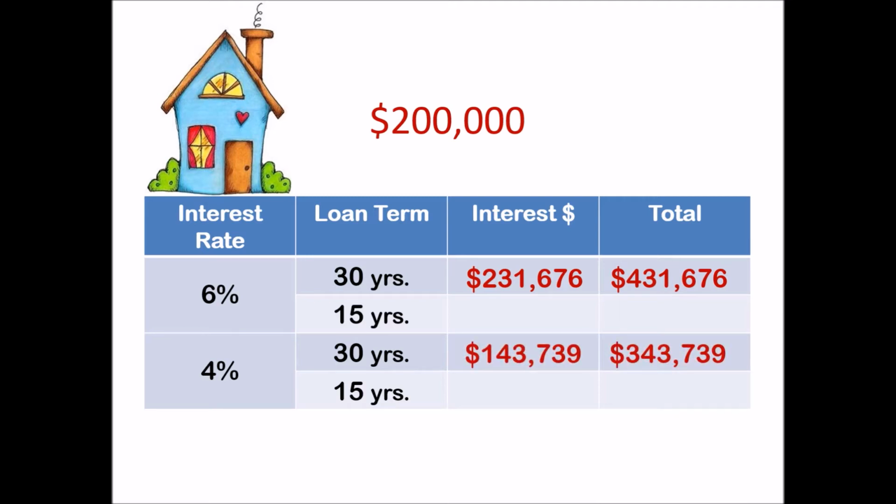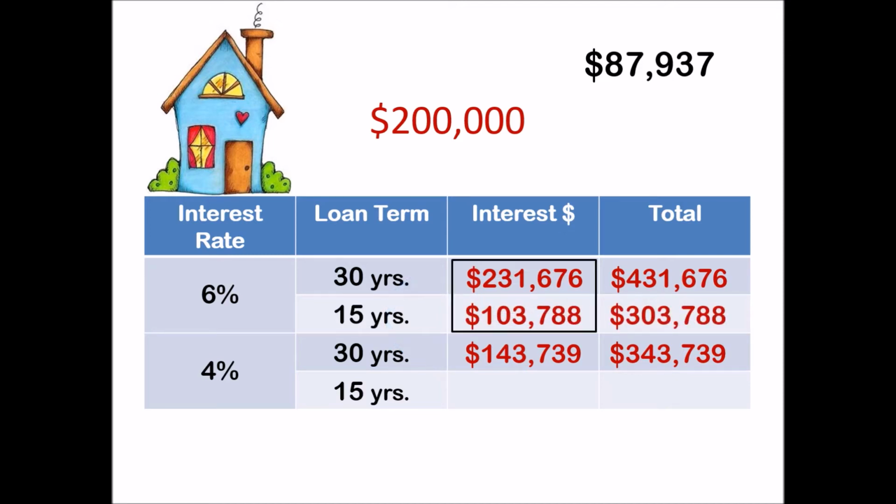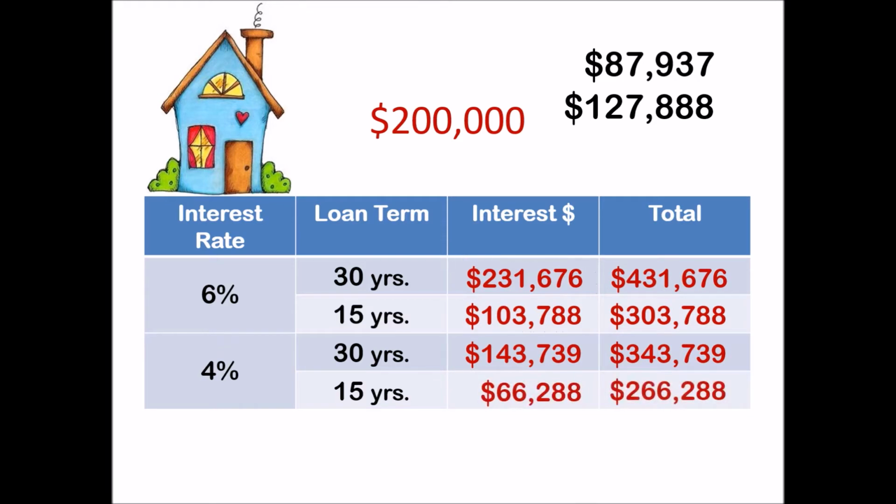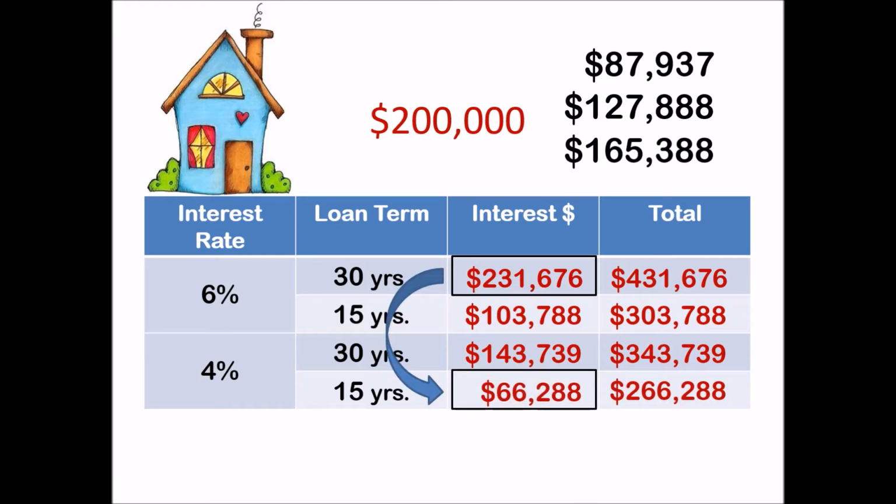Now, if we drop down to 4%, same amount of time, substantial savings. And people think, 4%, 6%, what's 2%? That's not much. Well, with a large sum of money over a long period of time, the difference is significant. Or if the interest rate were to stay the same but paid off more quickly, there are great savings that way as well. And of course, the ideal: shorter term, lower rate, most savings.